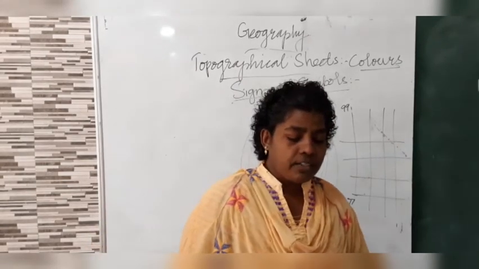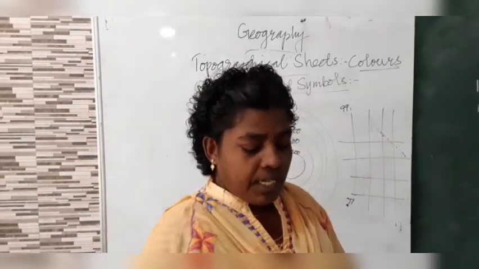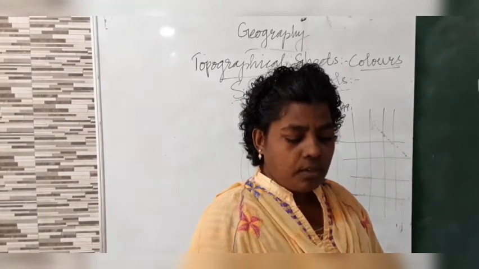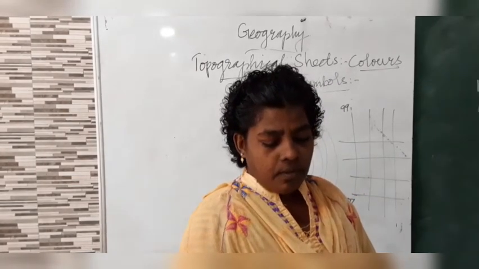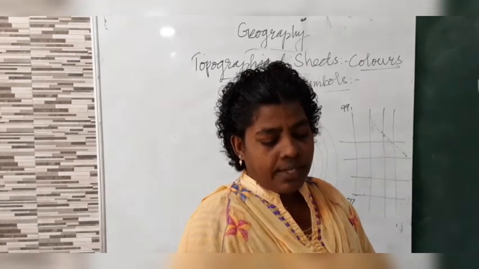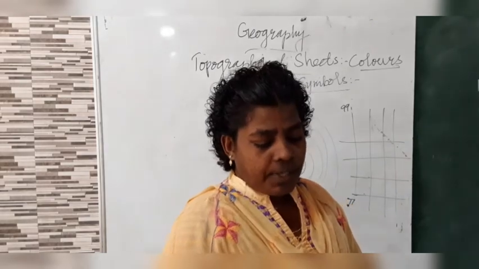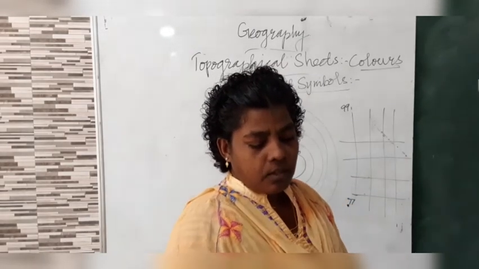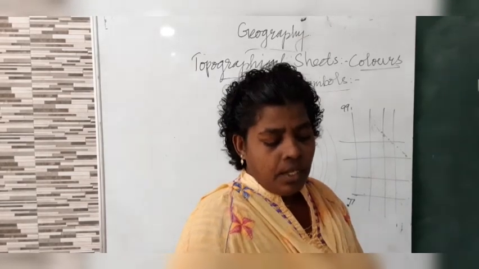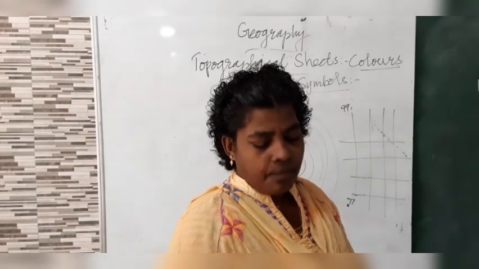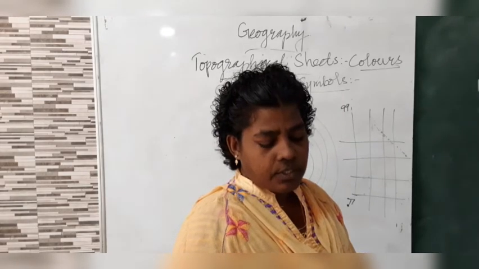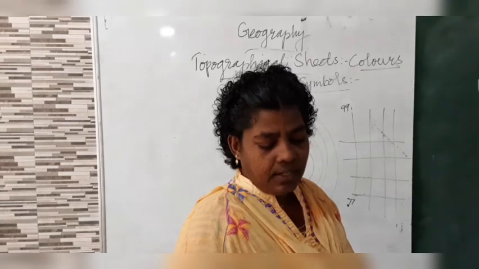In your book, page number 10, from the beginning under the subheading use of colors on topographical maps, you can mark the first 2 lines as D3. In the interpretation of contour maps, colors play a very significant part. There you can close D3. Then come to the next line. They represent certain physical, economical and cultural features. You can close there D3.